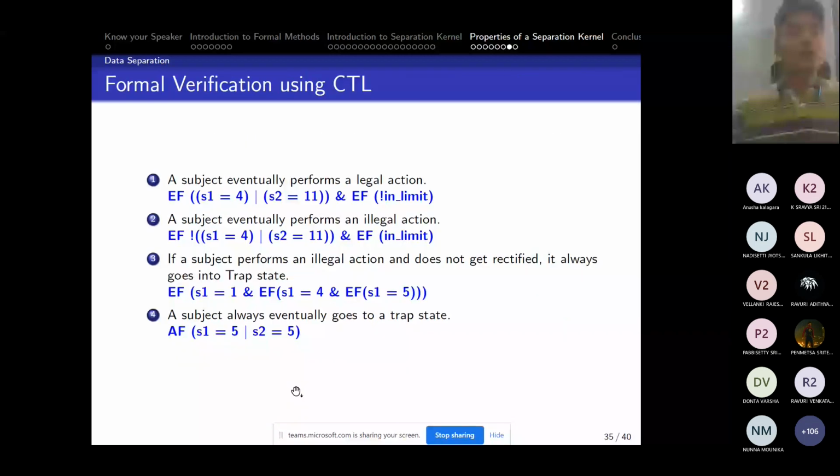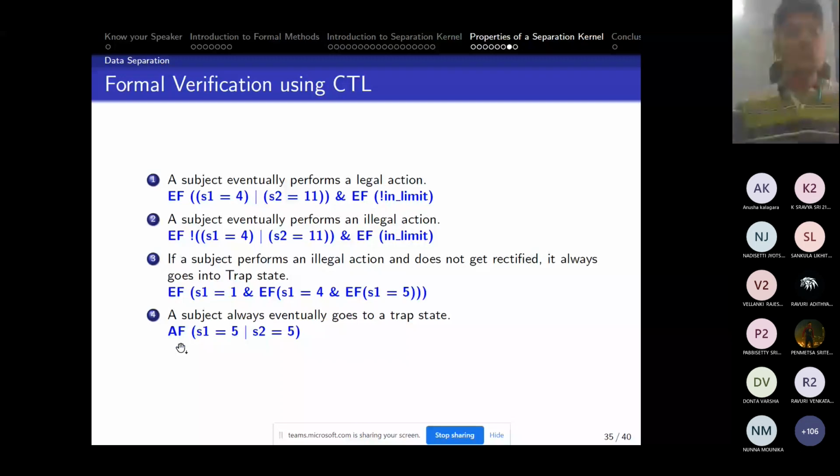So you have to identify, and then you can see that all these properties are what I need to perform and verify. All these properties are written in a formal language. It may not be very familiar to you, but I am very sure you would have seen these terms in mathematics. E stands for existential quantifier, there exists. F stands for eventually there will exist something. A stands for all in mathematics.